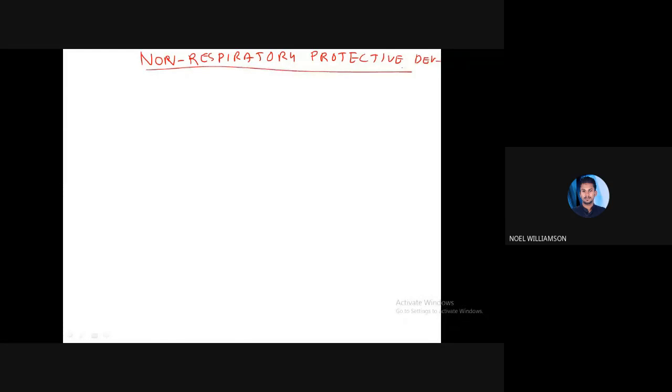These protective devices serve a function other than preventing the atmospheric contaminants. First of all, we will list the main types of the personal protective devices coming under this category. That is,